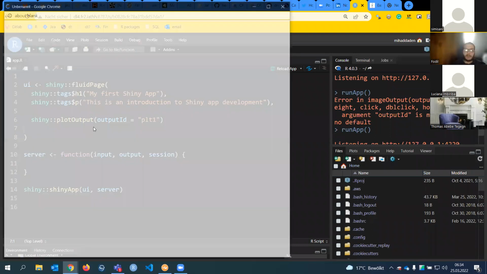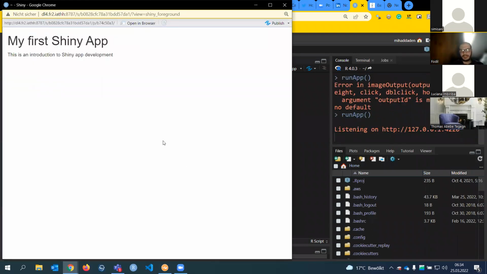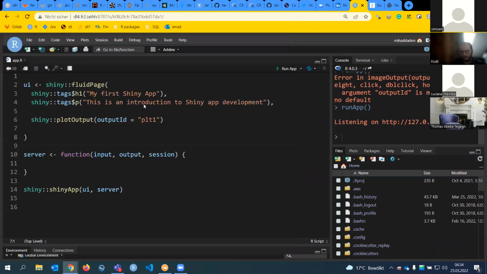It's really simple, because I told you at the beginning, it's a two-step process. The first step is stating what you want to display. So this is really like a wish. This is not something that's real. It's just a wish. I wish to have a plot in my UI. I define the bare bones, the skeleton of my UI, but it's not here yet. When writing HTML tags, it's here, it's there. That's fine. But when dealing with our output, it's always a two-step process. First, defining your wish, what you want to display, and then render this wish.